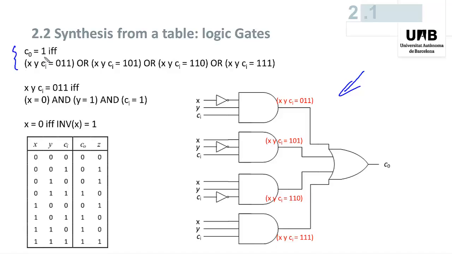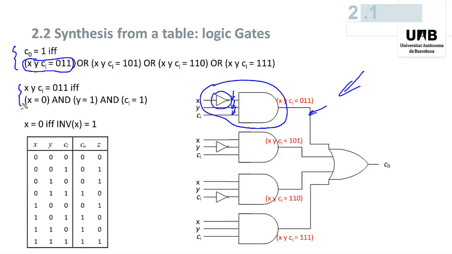For example, this first condition can be implemented by this AND gate and this inverter. Actually, when will the output of the first AND gate be equal to 1? It will be equal to 1 if its three inputs are equal to 1. That means if the inverse of x is equal to 1, if y is equal to 1, and if ci is equal to 1,